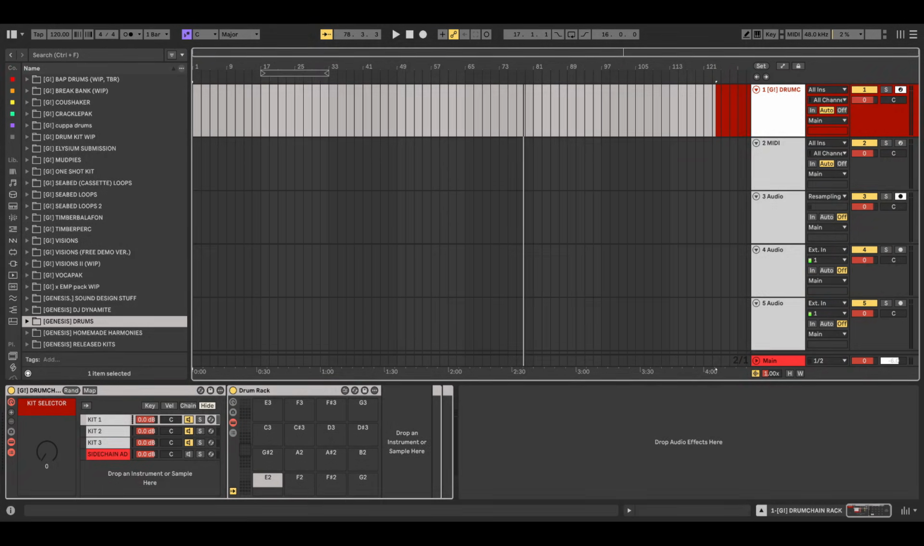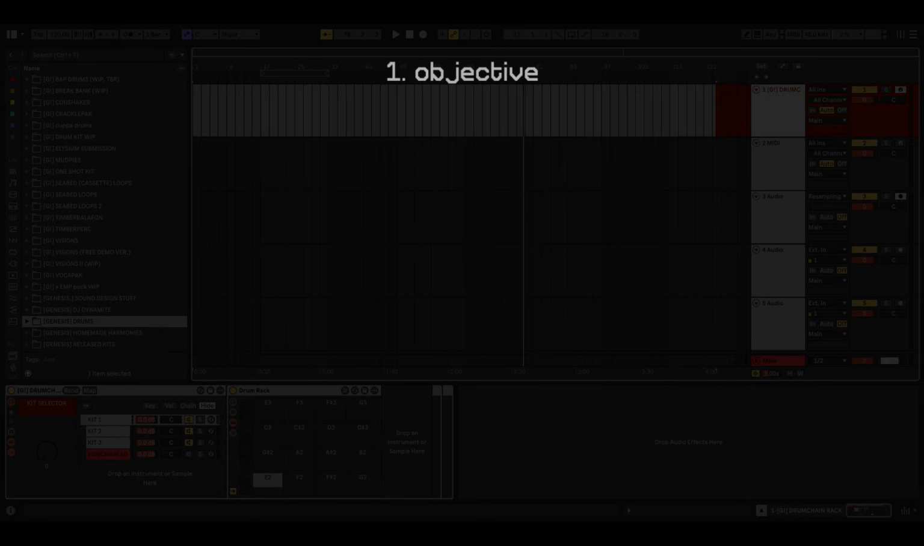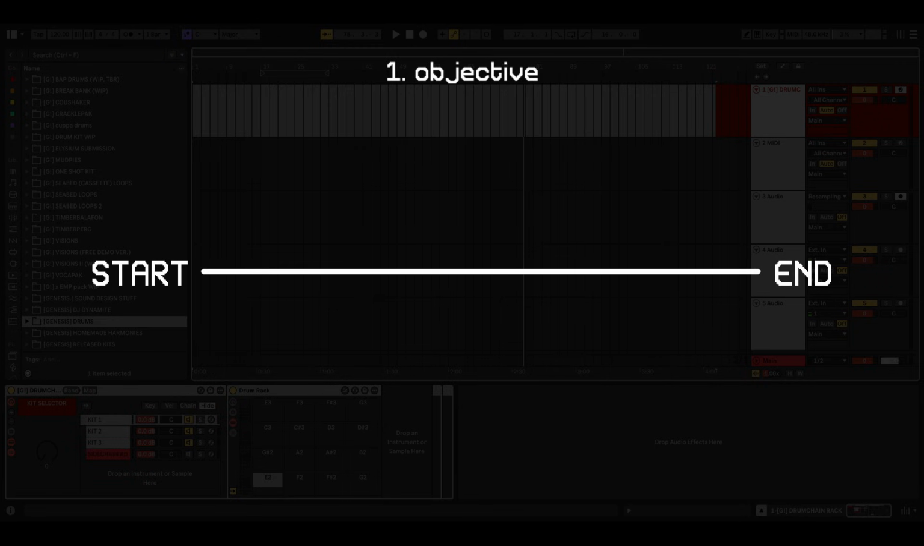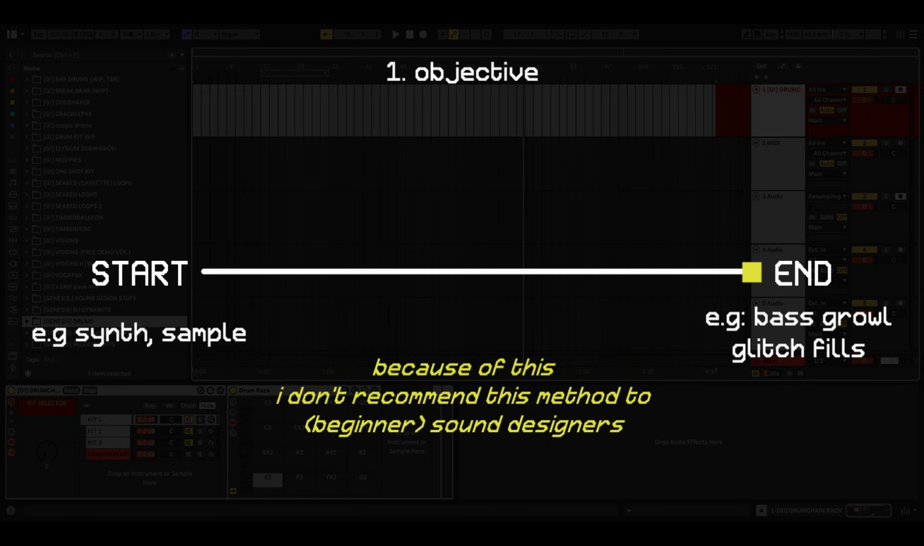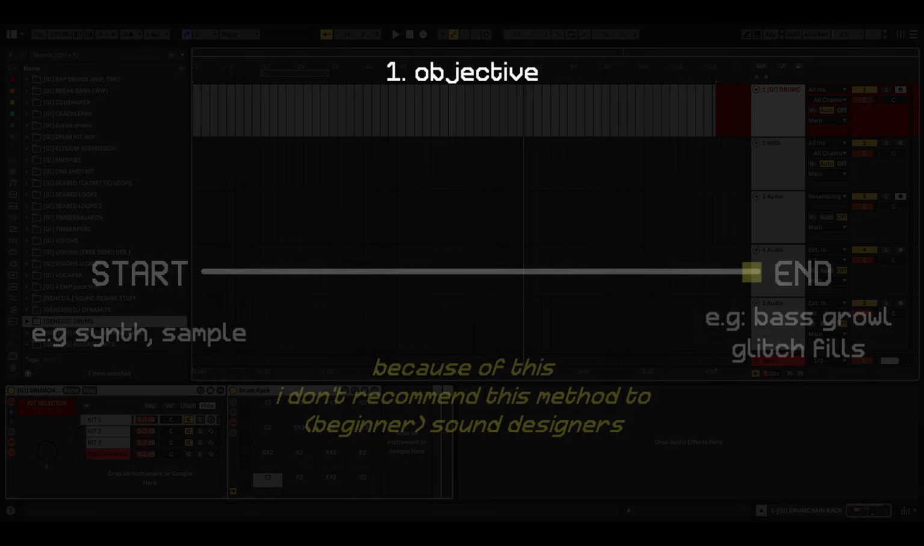One of the most common ways to approach sound design is with an objective. This is where you set a goal before you start your sound design session. For example, you want to get a bass growl, or you want to get some glitch fills. From this way, you start with a sound source, like a synthesizer or a sample, and from scratch, you do a lot of trial and error and or troubleshooting to get the sound palette that you want. However, because of this, I don't really recommend this way to beginner sound designers,